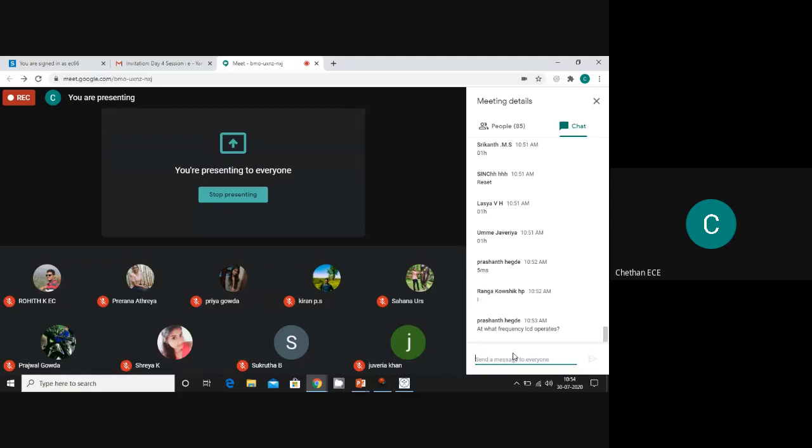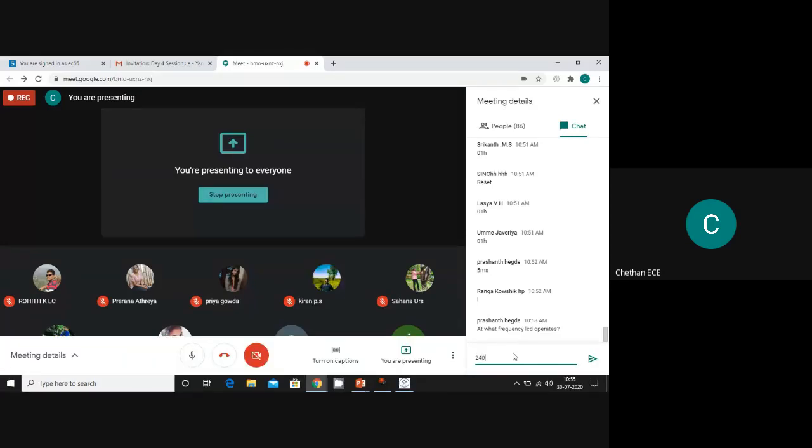Okay, Prashant has asked at what frequency the LCD operates. It varies from microcontroller to microcontroller. Since we are using ATmega16, the LCD operates at 240 Hertz frequency. But if you use 32-bit microcontrollers or other microcontrollers, this frequency will vary. For this ATmega16 microcontroller, the LCD operates at 240 Hertz.